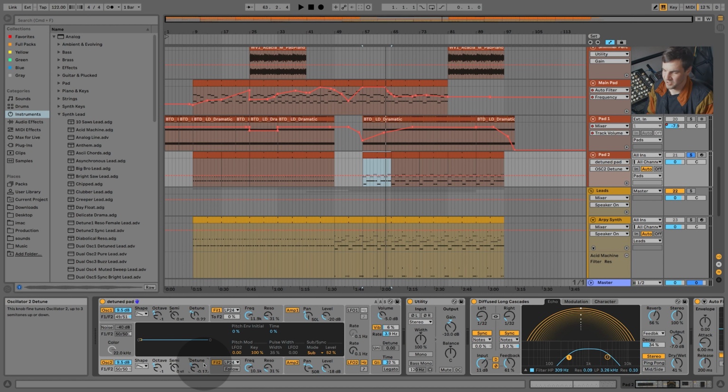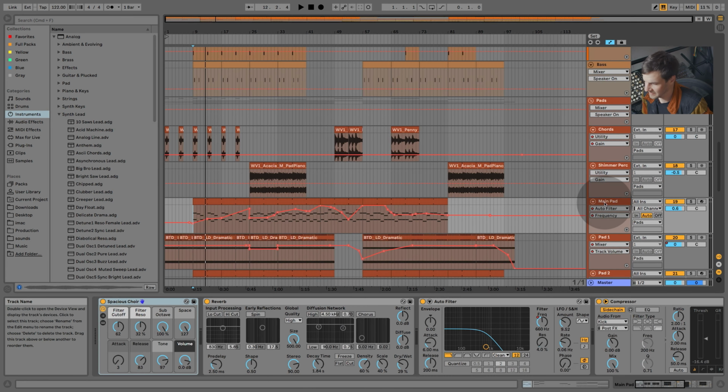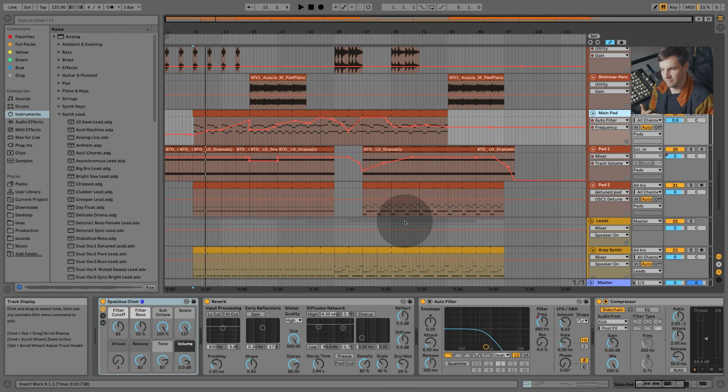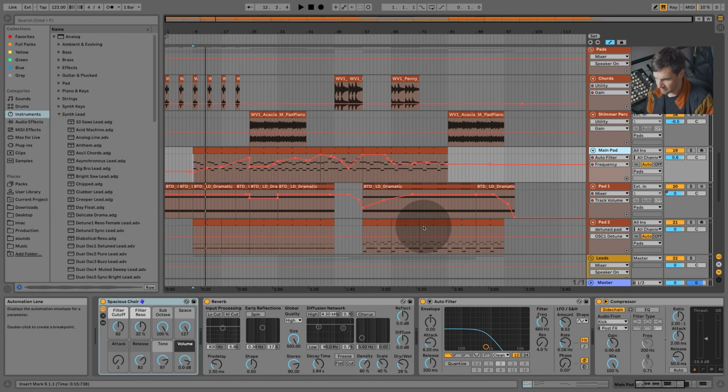It's just much richer, much wider, much more interesting. So yeah, definitely in pads, I think adding some detune can work magic. Okay, finally we've got this main pad here, which is the one that's the most audible in the track, I would say. It's just based off this spacious